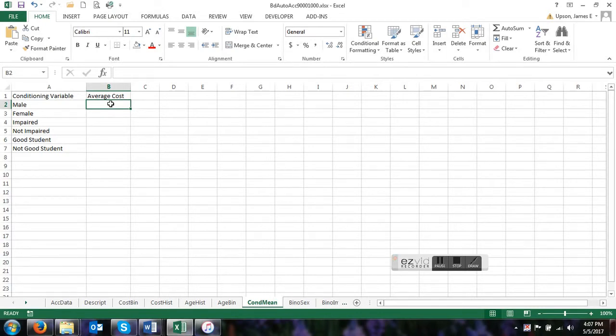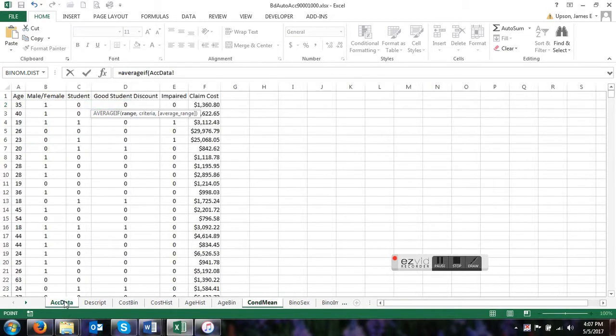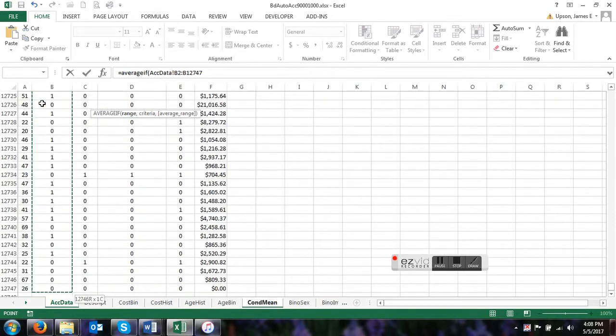So we're going to use a function in Excel called AVERAGEIF. So we're going to say this is equal to AVERAGEIF, and then we're going to specify the range. This first range represents the criteria range. So in other words, we're going to look at males. We're going to go to our account data and highlight that list. Again, that's Control Shift and then the down key. And then we're going to say that if that's equal to 1,